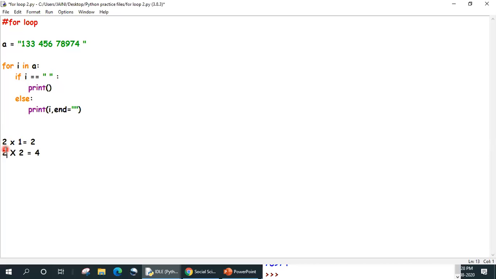But the catch is that this number 2 or number 3 or number 4 should be taken by the user. So you tell the user which number's table you want to display on the screen, and then the user will tell something like 15 or 20 or whatever. And you are going to display this on the screen and make sure you get some things on the same line and some things on different lines.